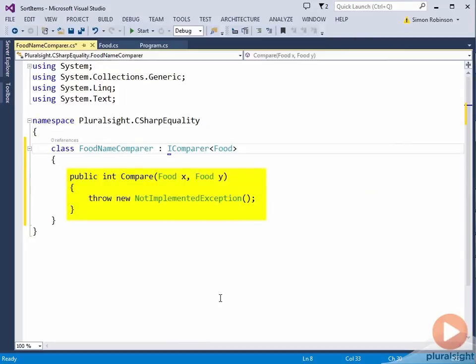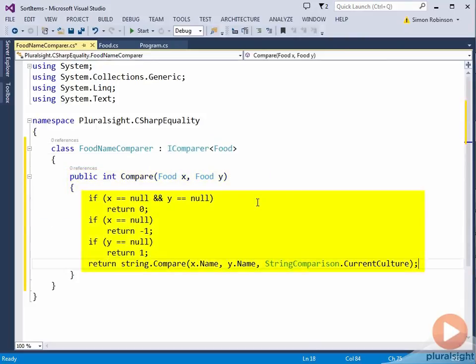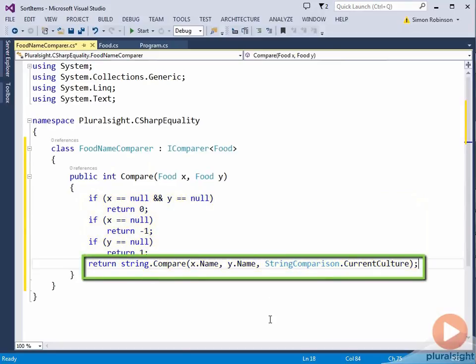And we have our compare method. So now I just need to replace the Visual Studio generated method stub with an actual implementation. Let's see what I've done. The main comparison work is here. I've called one of the string.Compare methods to compare the names of the two arguments and return the result from